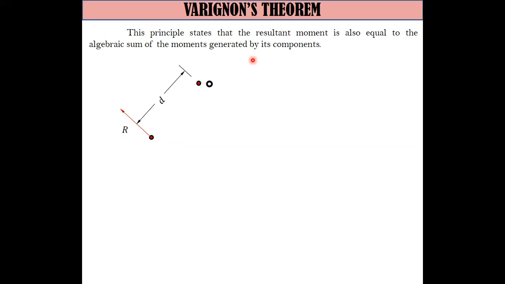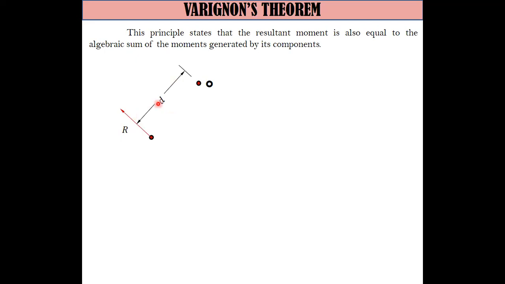Okay, and then we want to get the moment. Now, this theorem states that the resultant moment is also equal to the algebraic sum of the moments generated by these components. So for further illustration, let us say we have only one force, which is force R, and point O is the point of rotation. If we still want to use the formula in computing the moment of force, which is force times distance, the force is definitely the magnitude of R, and then the moment arm is the distance that is perpendicular with the line of action of the force involved,